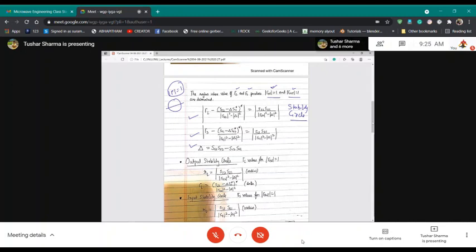The output stability circle is given for the gamma L values for which gamma in is equal to 1. So we are trying to find those load impedances for which my gamma in is equal to 1, because we want to ensure that at the input I am reaching whatever maximum gamma is possible. Which means my input is stable, but I am not crossing that limit of 1, because if I cross the limit of 1, then my input will be unstable.